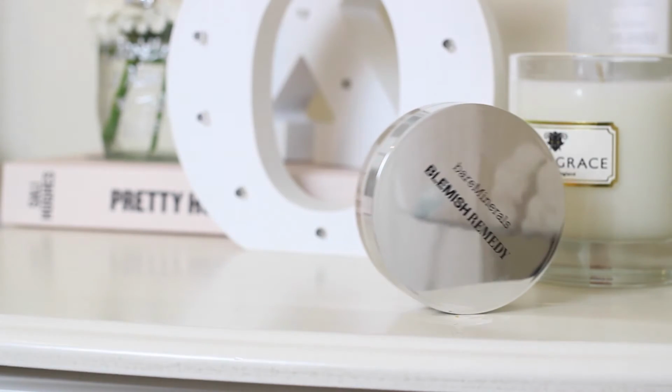Also on the anti-blemish front, I've been using the new Bare Minerals Blemish Remedy foundation. This is a new foundation from Bare Minerals, and it's also powder consistency, so if you loved their original foundation or their matte foundation, then you're probably going to really love this one as well. I'm not sure if it's out yet. I will have to double check and maybe leave a date on the screen or something, but this is definitely